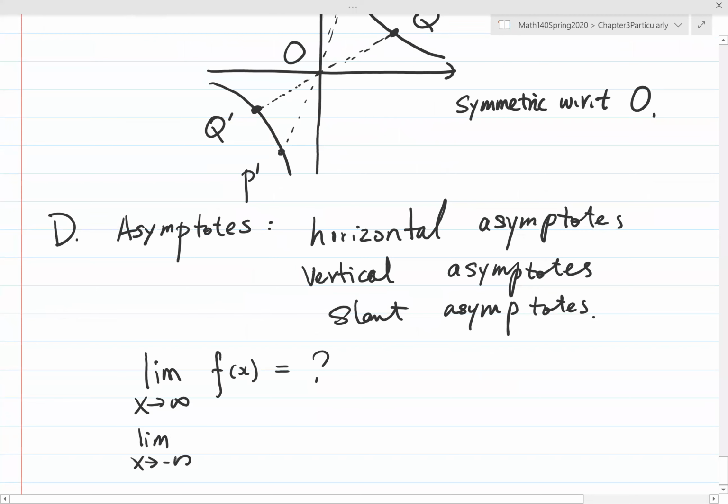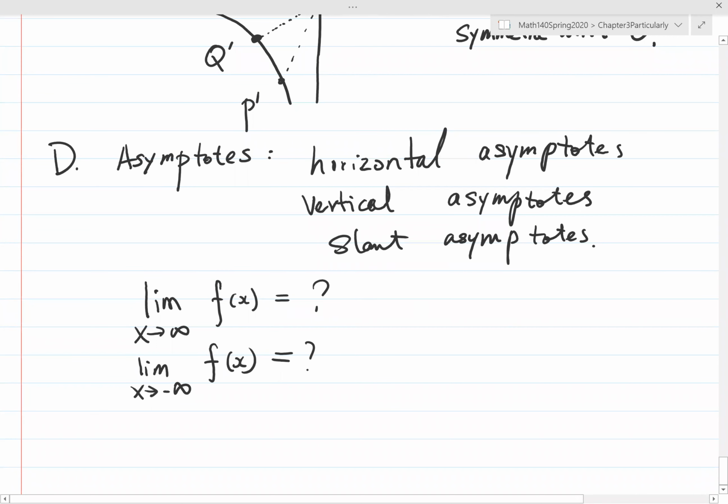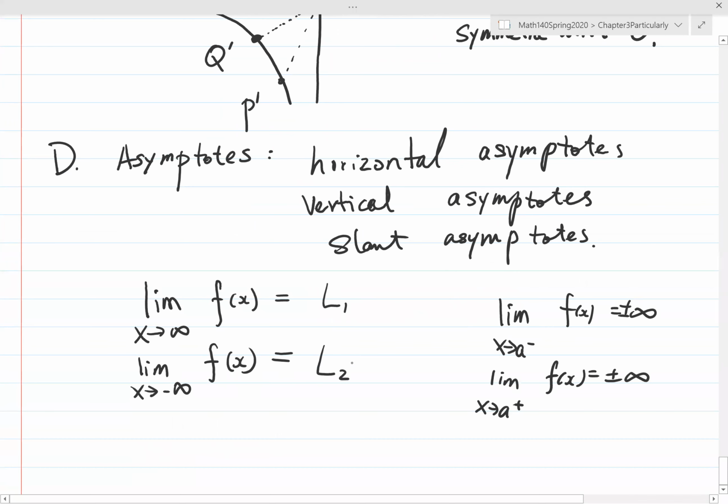So look at the limit behavior of the function value f(x) as x approaches negative infinity or positive infinity, whether they have a limit or not, or whether we have an infinite limit as x approaches a from the left, plus or minus infinity, or x approaches a from the right, plus or minus infinity, etc. In these cases, for instance, if this limit is L1 or L2, then we have